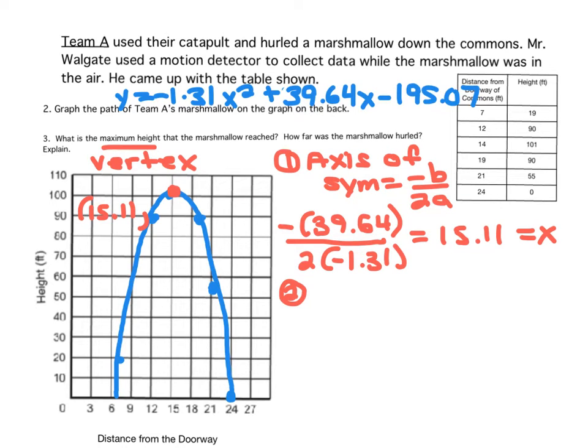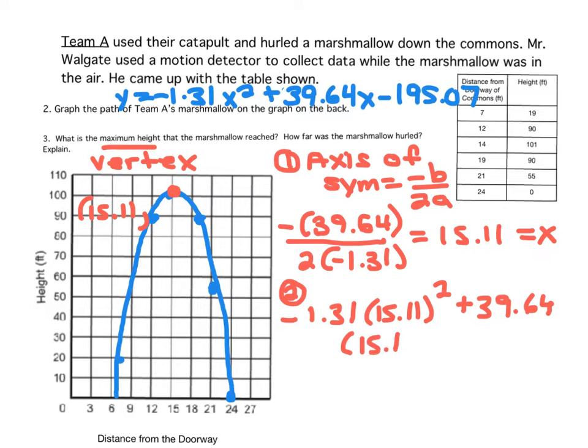So if we plug that in for our x, we have -1.31 times 15.11 squared plus 39.64 times 15.11 minus 195.07. Let's go ahead and calculate that